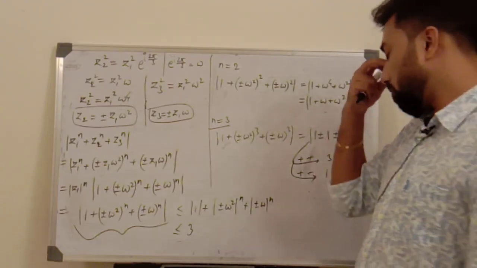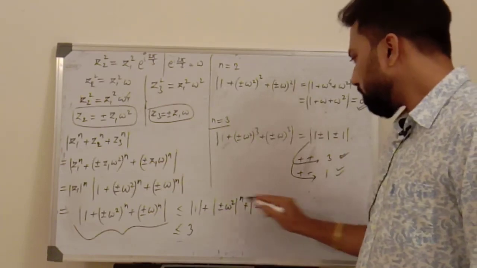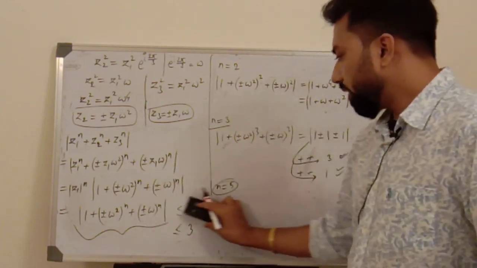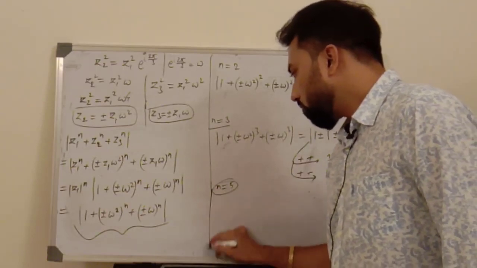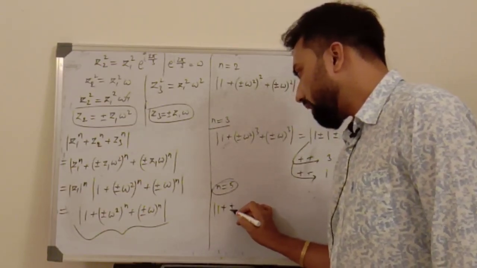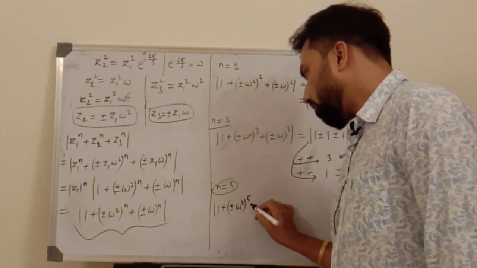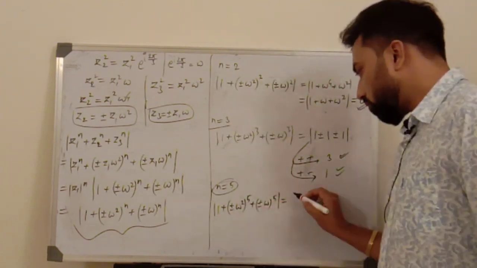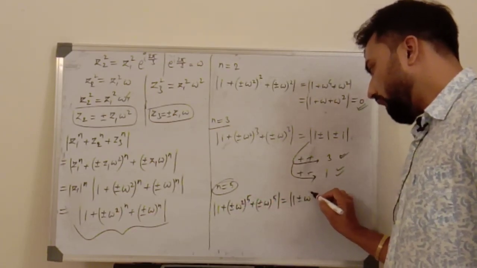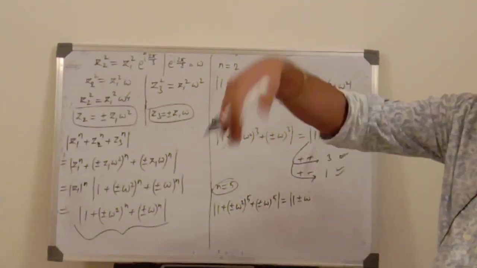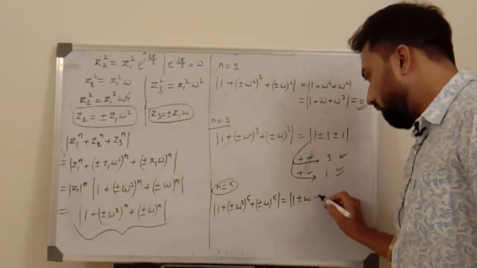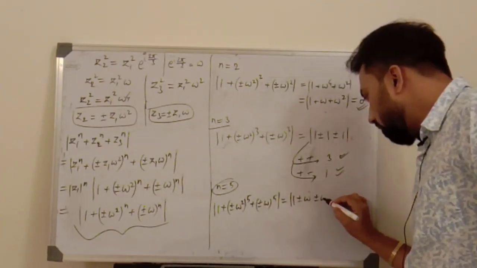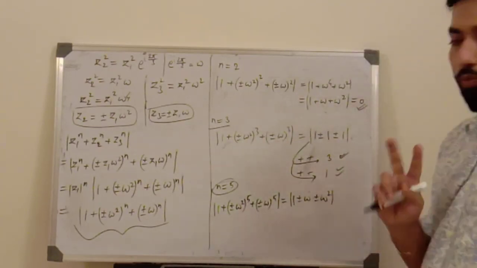लेट्स चेक फॉर 2 इफ़ 2 इज़ परमिसिबल और नॉट। तो हम क्या करते हैं, n को 5 ले लेते हैं। अगर हमने n को 5 लिया, तो ये जो गिवन एक्सप्रेशन था वो क्या बन जाता है, अगर हमने 5 लिखा इसे तो ये बन जाएगा 1 प्लस माइनस ओमेगा स्क्वायर रेज़ टू द पावर 5 प्लस माइनस ओमेगा रेज़ टू द पावर 5, राइट। सो देखो ये ओमेगा रेज़ टू द पावर 10 बनाएगा यहाँ से, और ये प्लस माइनस तो रहेगा ही रहेगा। सो 1 प्लस माइनस ओमेगा रेज़ टू द पावर 10। ना ओमेगा रेज़ टू द पावर 10 की वैल्यू ओमेगा के इक्वल होगी, बिकॉज ओमेगा रेज़ टू द पावर 9 जो है वो 1 हो जाएगा। सो ये ओमेगा हो गया, फिर यहाँ से प्लस माइनस ये ओमेगा रेज़ टू द पावर 5 बनेगा सॉरी, ओमेगा रेज़ टू द पावर 5 इज ओमेगा स्क्वायर। सो ये हो जाएगा यहाँ से ओमेगा स्क्वायर, राइट।